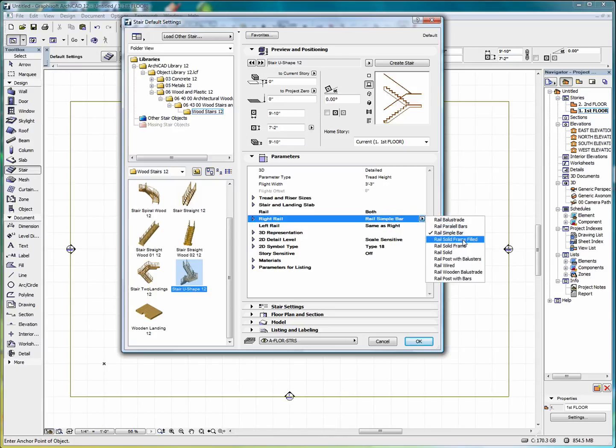Just a simple bar, solid frame, rail frame, rail solid, post with balusters, wired, wooden, rail post with bars,